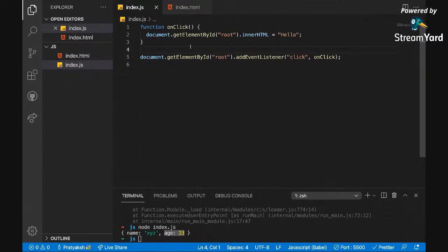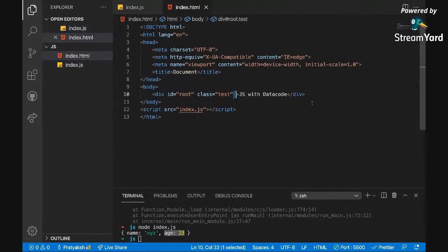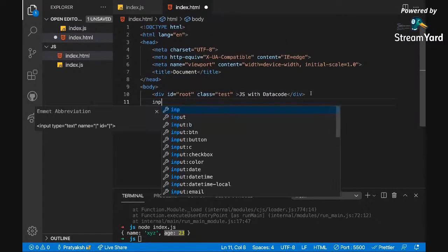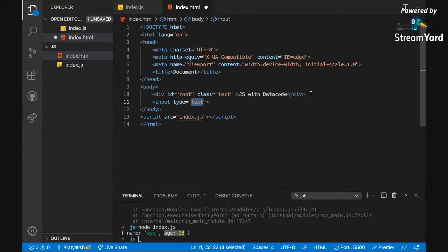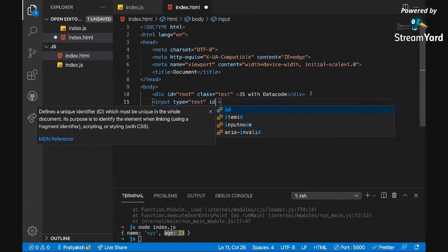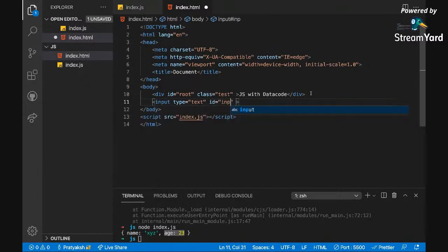Similarly, let's say we have an input box. Okay, let's have an input, and let's give it an ID inp.